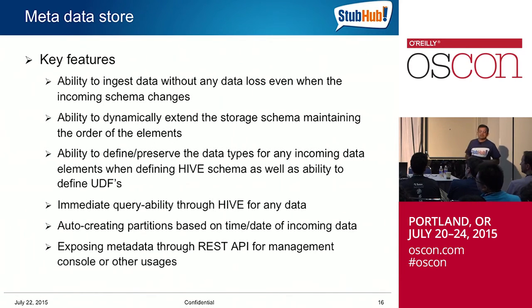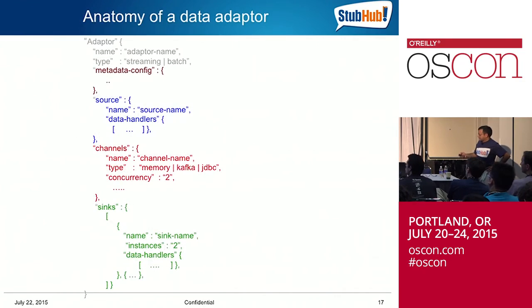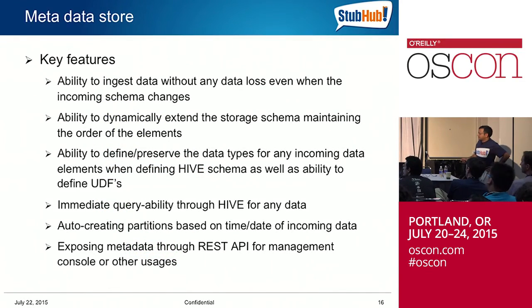Preserving the types. Here's the other thing too. Data types, particularly for SQL structured data, you might have a number, you might have a string, you might have a big decimal, you might have a float, all of that. As things are coming in, how do you create your schemas that actually preserve the same data type as the original data type that you have got, so that when you want to just put up a Pig script or a SQL query like Hive, it actually works out of the box. And this is where the immediate queryable to Hive comes into picture.